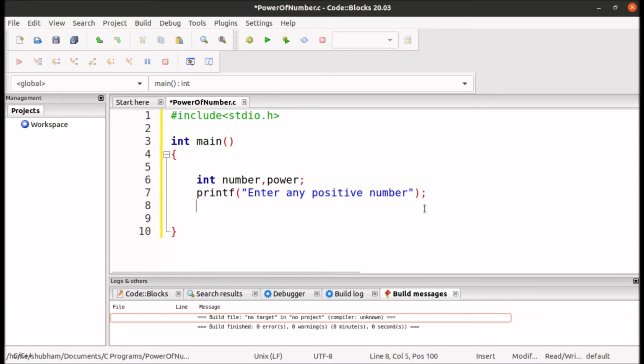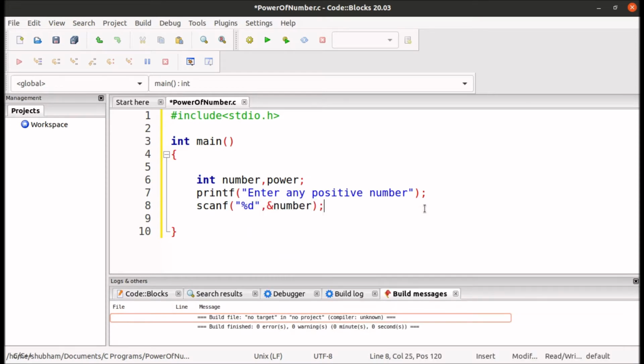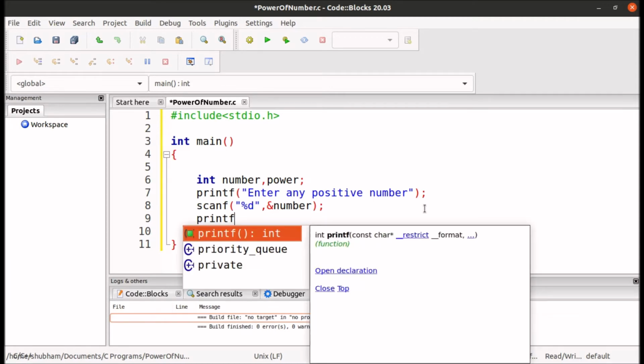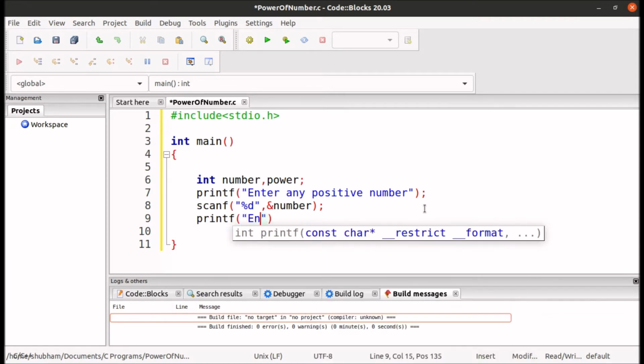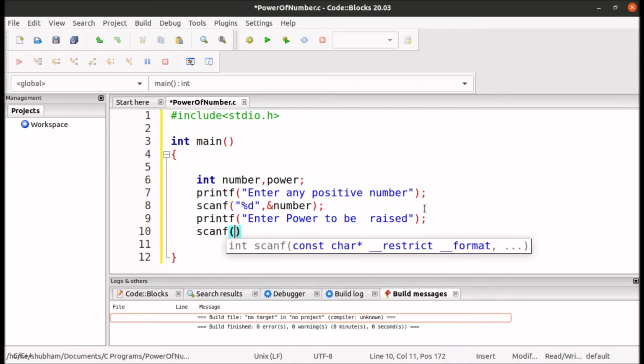Then after that we will take the input statement scanf %d and we will store the input in the variable number. Printf second statement as enter power to be raised, and we will take the input in the variable power.